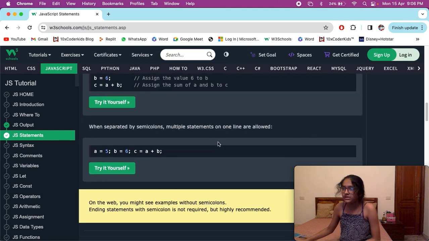When separated by semicolons, multiple statements on one line are allowed. As you know, we should always write short code. The shorter the code, the better it is, right? If we use semicolons, that means the statements are separated. Nobody said that you have to press enter every time.